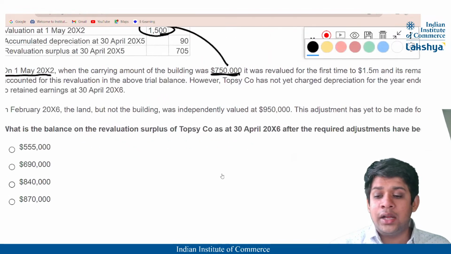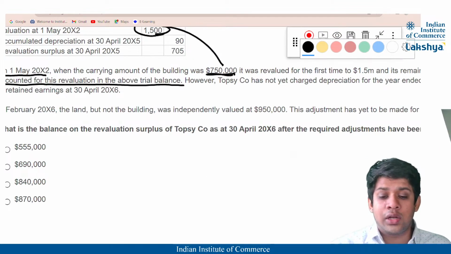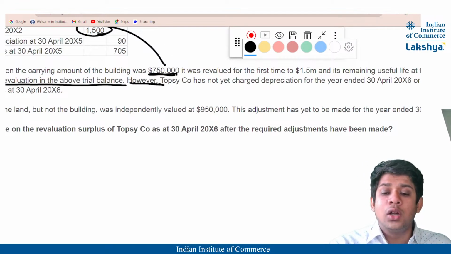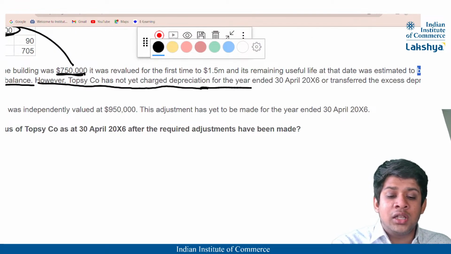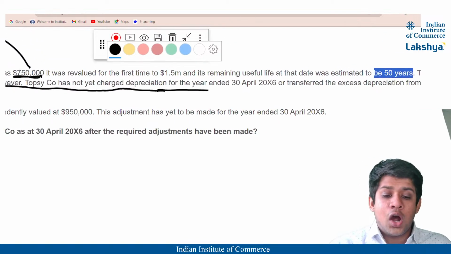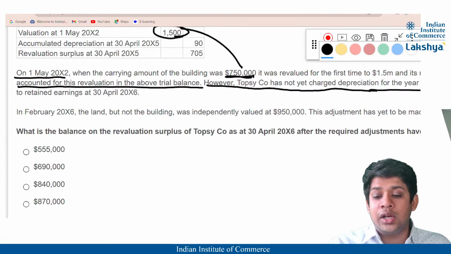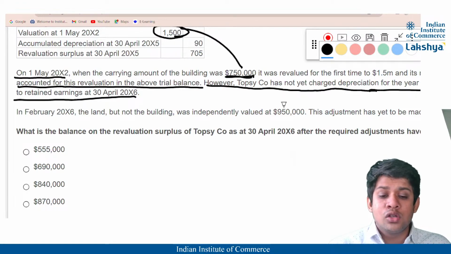Topsy company has correctly accounted for this revaluation in the above trial balance. So they have done the accounting already. That is, it goes to OCI, right? Your revaluation surplus. However, Topsy company has not yet charged depreciation for the year ended 30th April 2016, or transferred the excess depreciation from the revaluation surplus to the retained earnings as at 30th April 2016. That means it is the company's policy probably to transfer the excess depreciation to your retained earnings from the revaluation surplus, right? So technically,